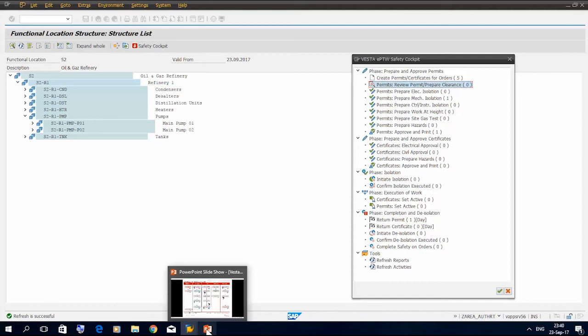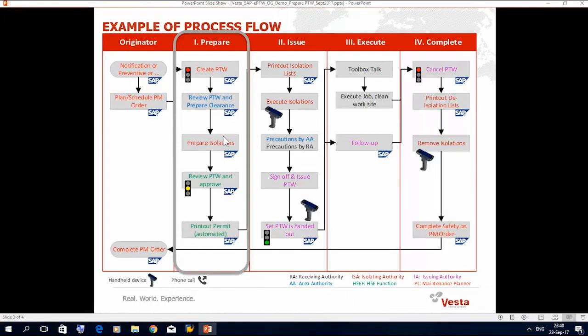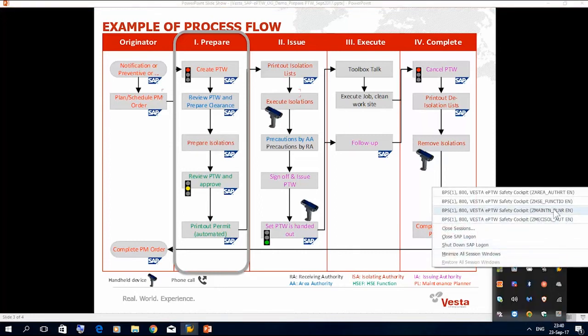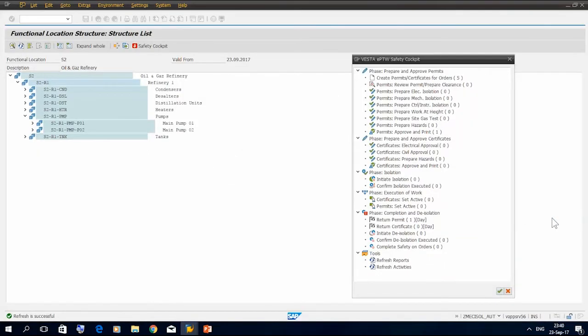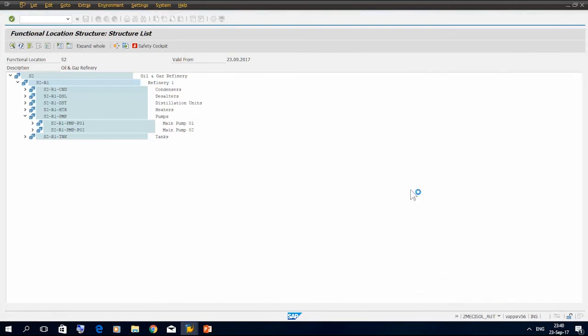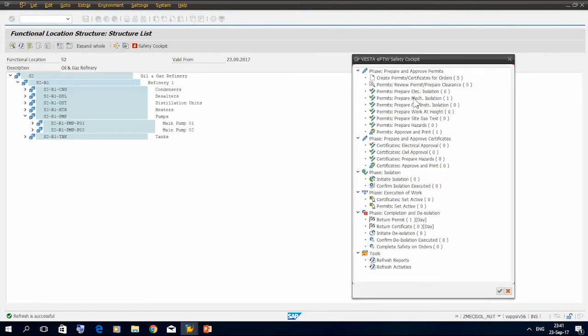So what is the next step now is this one. So I'm gonna take now the role of the mechanical isolating authority, and I'm gonna prepare the isolation for that permit. So here I'm gonna select the user. So now I am the mechanical isolating authority. So first of all, I refresh the safety cockpit, and from there I can see that there is one permit that is awaiting action from my side. So I'm gonna run it,